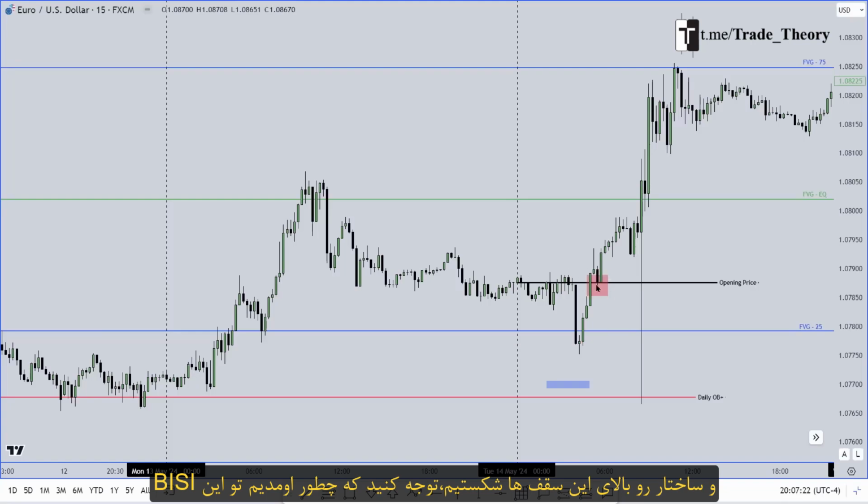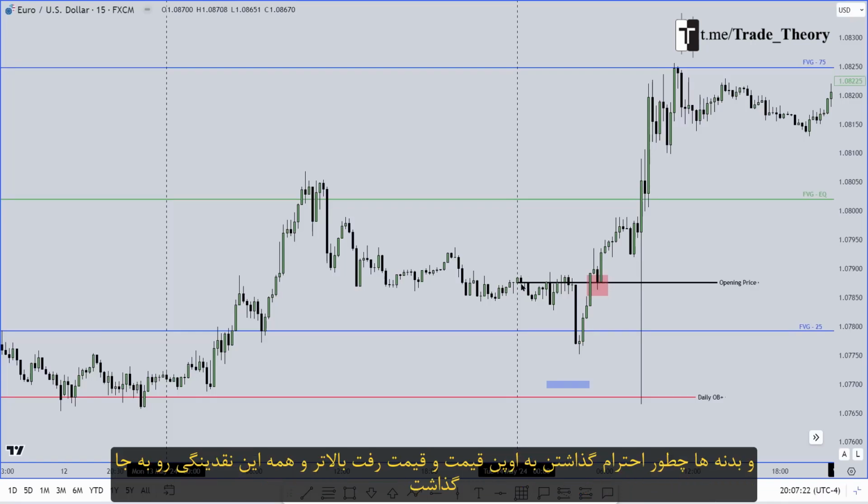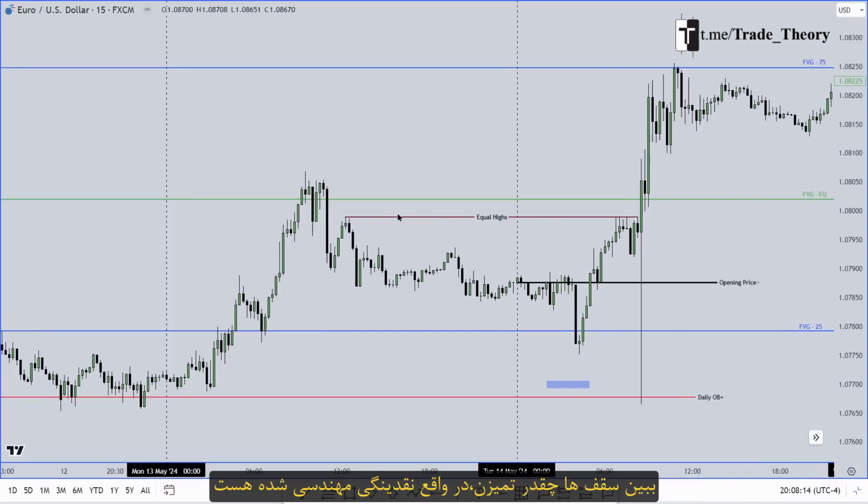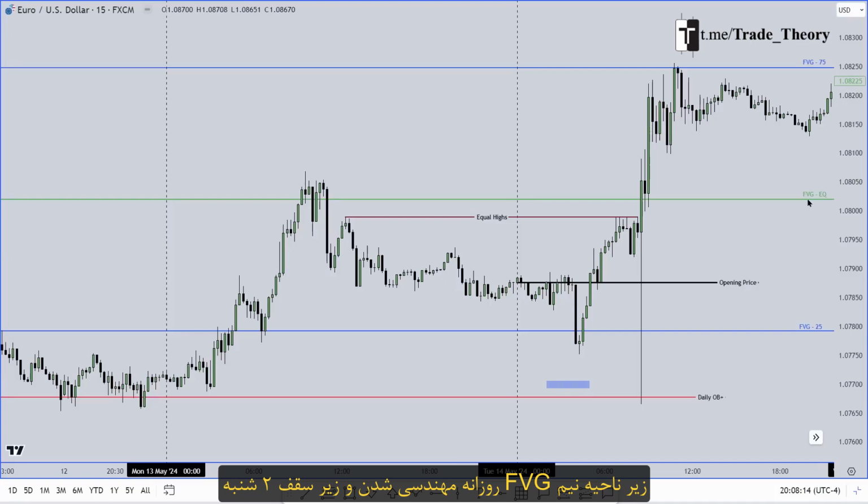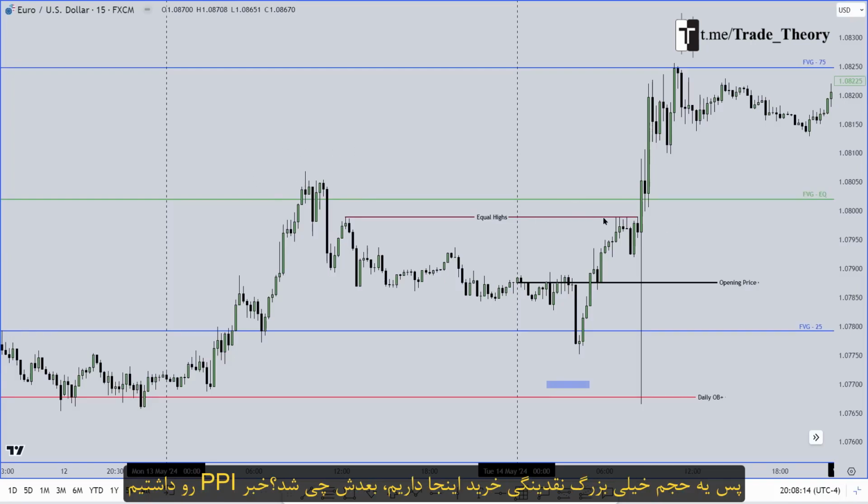Notice how we drop into this buy side imbalance and the body's respecting the opening price. Price then runs higher, leaving all of this buy side liquidity. Look how clean these highs are. That's engineered buy side liquidity, engineering it below the consequent encroachment of the daily fair value gap and below Monday's high. So there's a huge pool of buy side liquidity here. What does price then do?